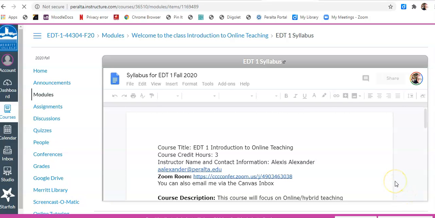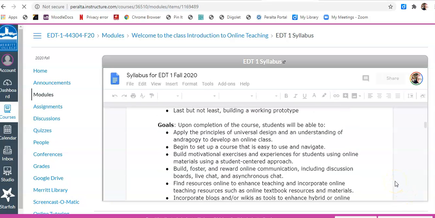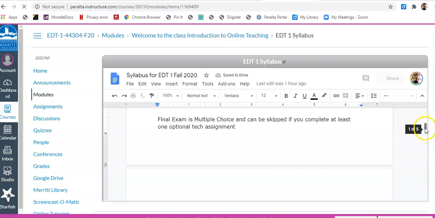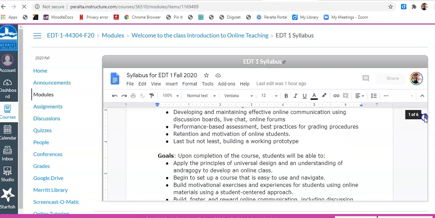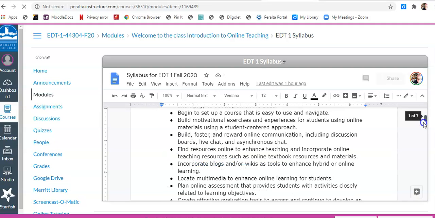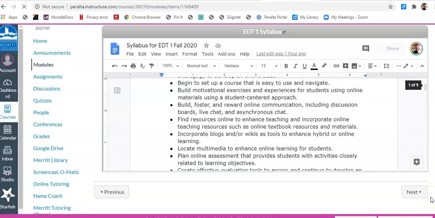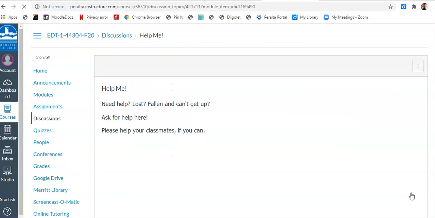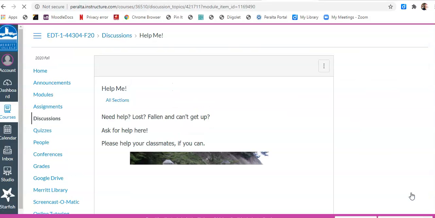So here's the actual syllabus for the course. It's very, very long. I put in a link that you can skip all the stuff at the beginning of the course once you've looked through the syllabus and just go straight to the weekly assignments if you want to use the assignments like that. All this stuff is also in the course.